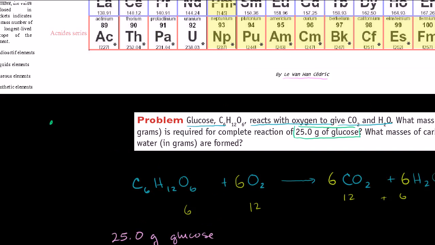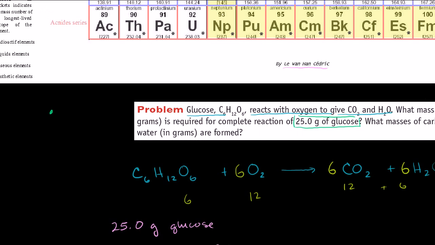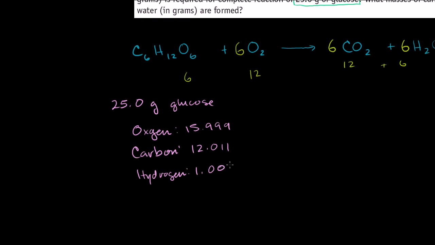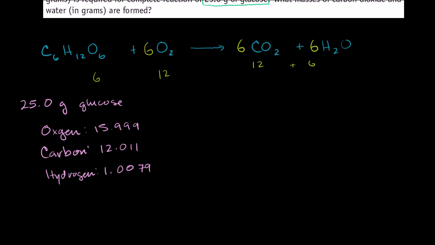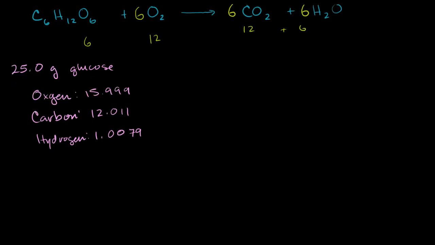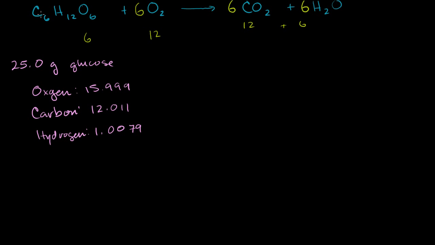Was it 1.0 or two zeros? It was two zeros. 1.0079. So, what's the atomic weight of glucose given all of that? Let me scroll down a little bit. So the atomic weight of glucose,